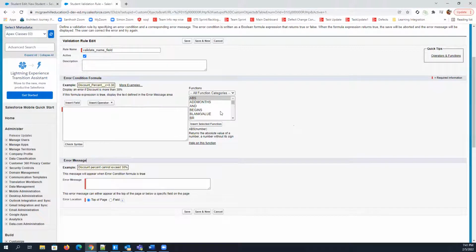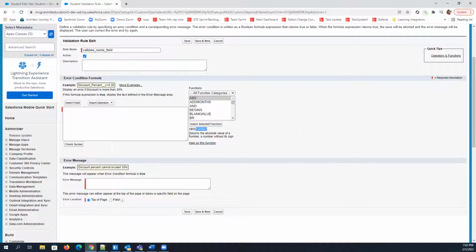And then this is the most important part. So here you will see a lot of inbuilt functions that you can use to build your equation. Here you can see ABS, and after selecting this, you will see the use case of that function. So here ABS is the name of the function, and it takes one number parameter, right?